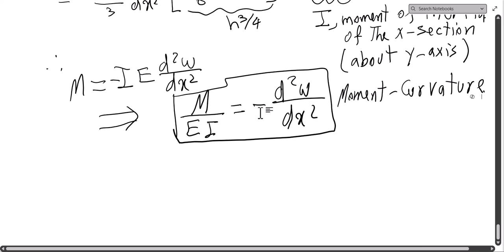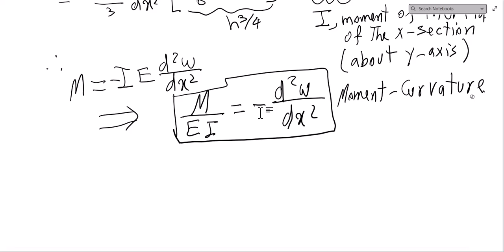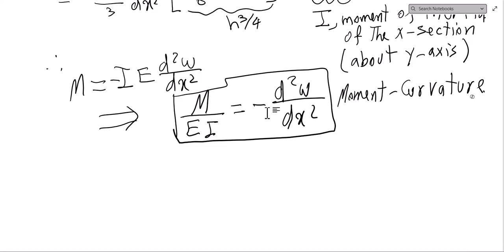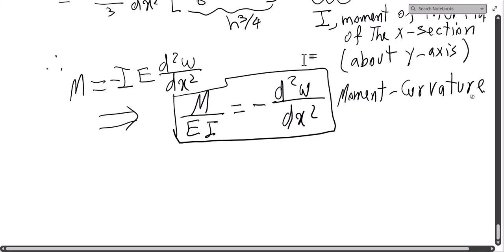If you reverse the z or consider z upward, then this negative will disappear. So this is consistency for our coordinate system. If you see some textbooks, they don't have the negative, or some do, look at their coordinate system. If your moment is positive, therefore your curvature is negative, therefore this equality is valid, and